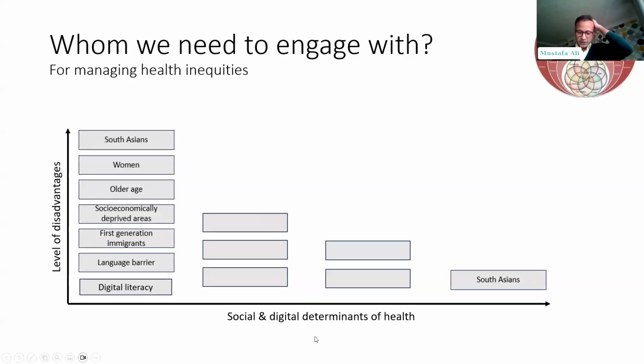And for that, if you look at this graph, just to show that you can imagine that if there's a subgroup within the South Asians who might have several disadvantages, and because of that, they might have additional requirements that we need to consider. And this might be that group who is facing the highest disparity or inequities in the system. So this is the group that we need to work with. Next please, Sabine.